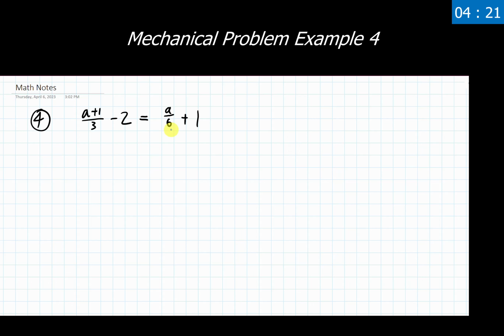So I need to determine what's the lowest common denominator between all of my fractions. Well, between 3 and 6, the smallest number that both 3 and 6 could multiply into is going to be 6. So that means every single term in this problem, whether it is or is not a fraction, is going to have to get multiplied by 6. Now the reason that we are doing this, again as a bit of a refresher, is to eliminate all fractions in this problem.